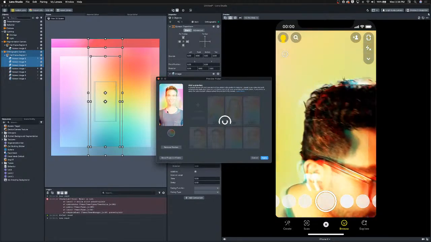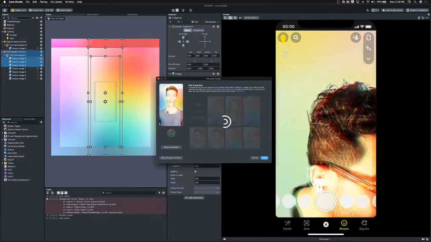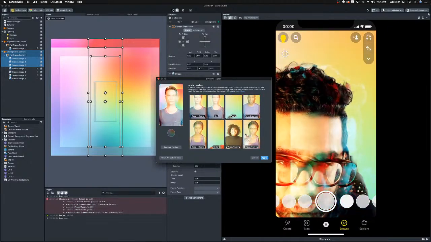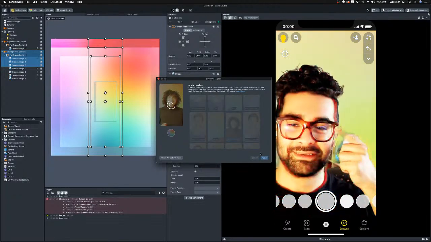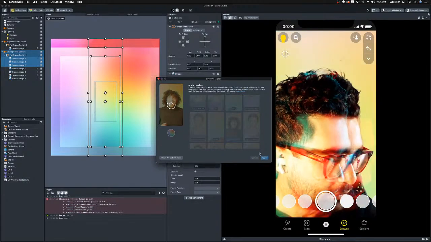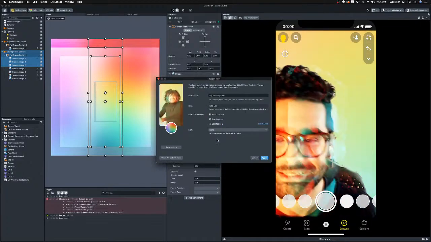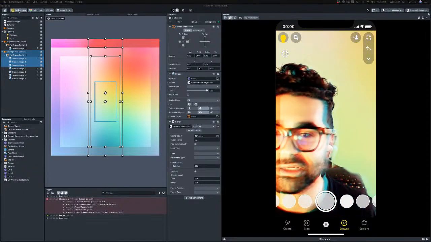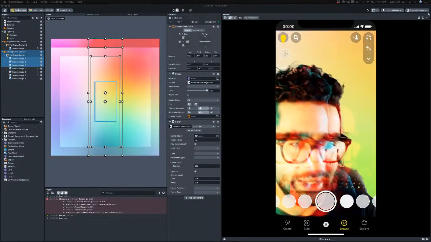While we're waiting, I'm gonna look at the chat and see if anyone has any questions. I honestly don't see any questions, but if you have any, just let me know. I kind of like this one. Let's check this one. Ooh, that's cool. I like it. Cool. We have a lens preview. We have everything. Now it's time to publish the lens. You click on publish, and it goes to a page that asks